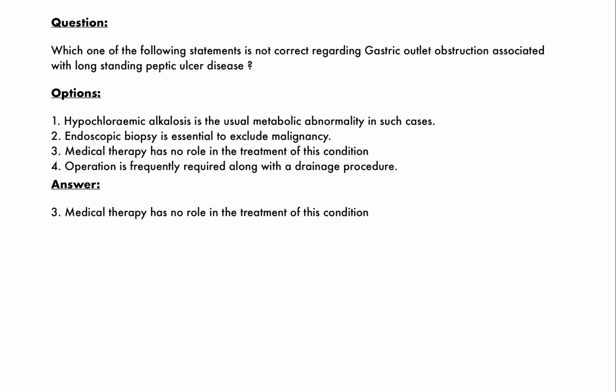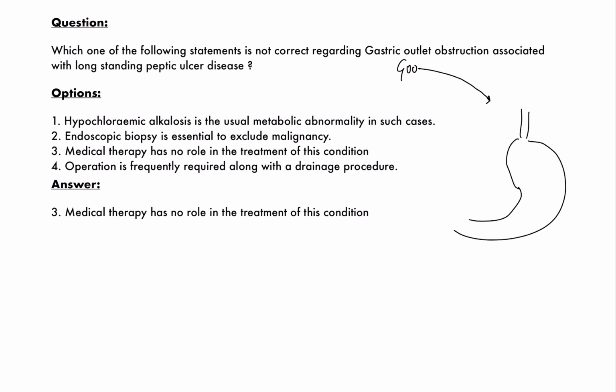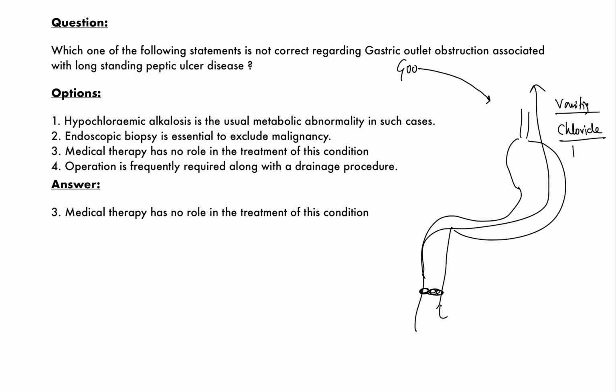The next question is, which of the following statements is correct regarding gastric outlet obstruction or GOO? See, in gastric outlet obstruction, what happens? If there is obstruction to the gastric outlet, there is vomiting. So this vomiting is more or less non-bilious vomiting. There is loss of chloride. HCl is lost, chloride is lost more. So patient will have